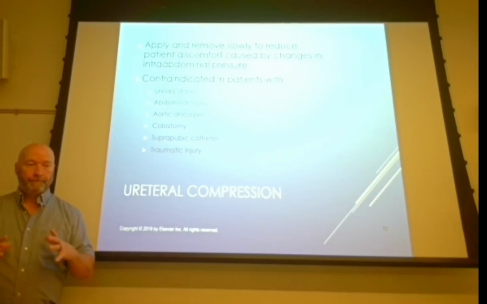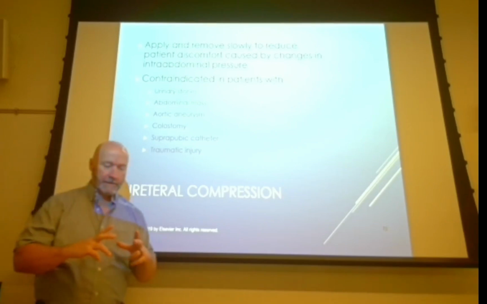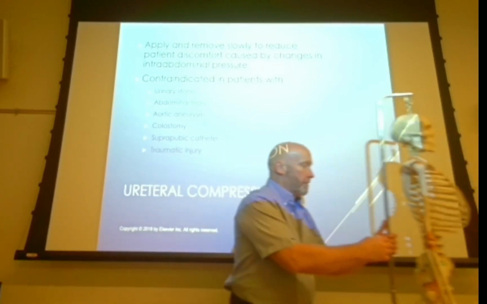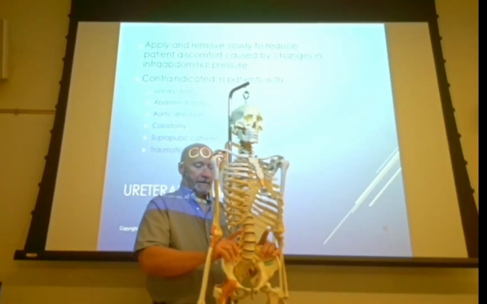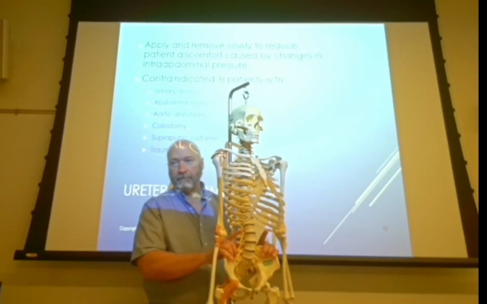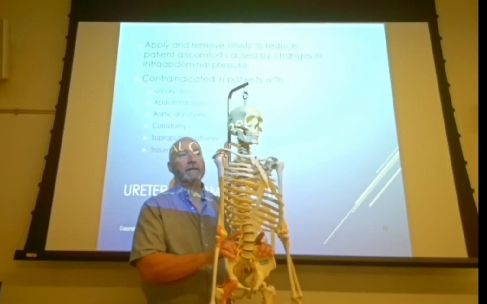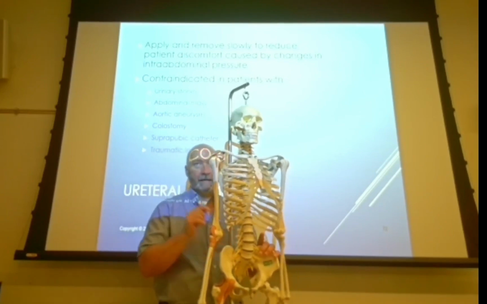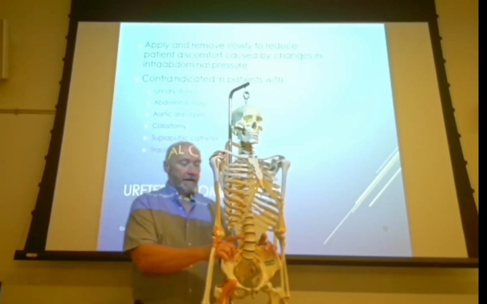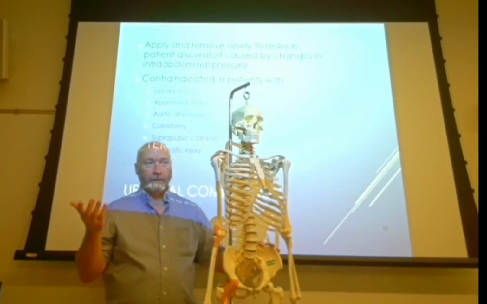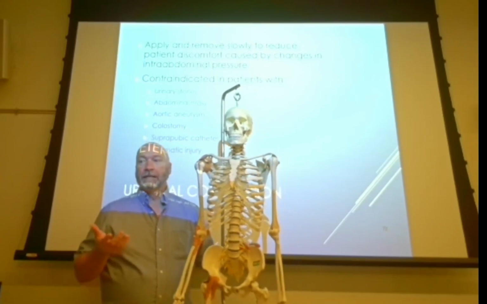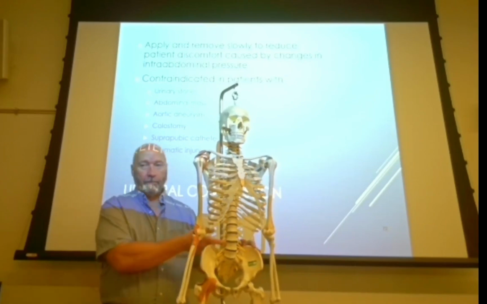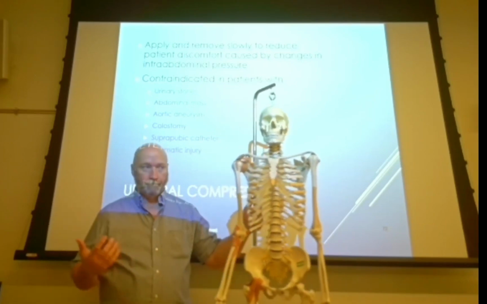Had a patient one time, I was a clinical instructor again at ETMC, and we shot the scout image, and we saw the shadows sticking out about that far on either side of the spine. And that was an abdominal aortic aneurysm. If we'd have injected that patient and increased their blood volume by 100 cc's that quickly, increasing their blood pressure,